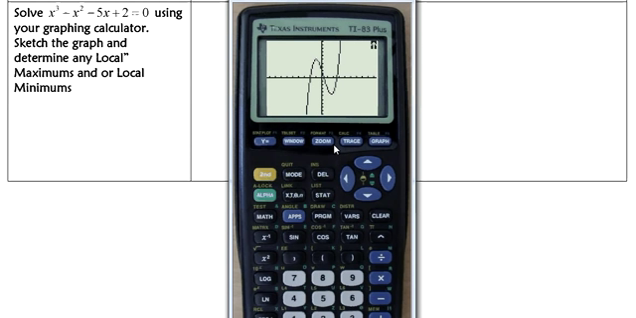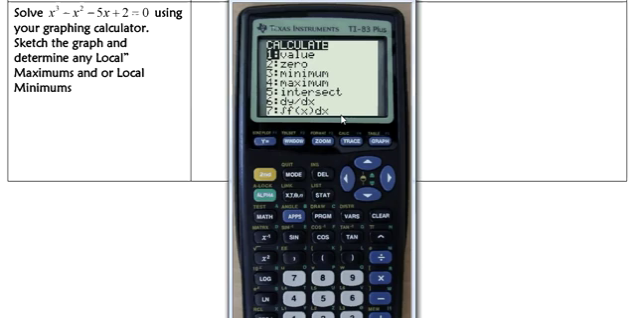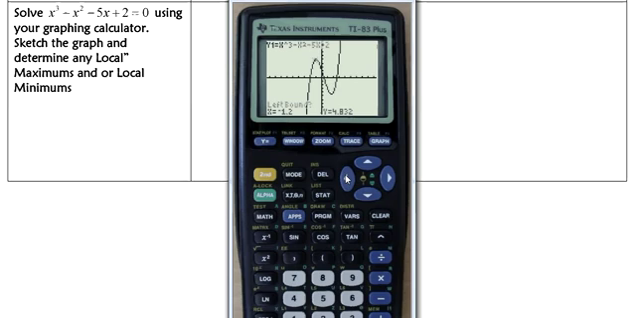The tools are all in the same function, so I'm going to hit second, then calculate. That will give me this option. And let's find the zeros first, the roots or your x-intercepts. So there's that, and hit enter. And we've got to kind of trap the root that we're looking for. So first we go to the left of it, then to the right of it, and don't guess, just hit enter again,